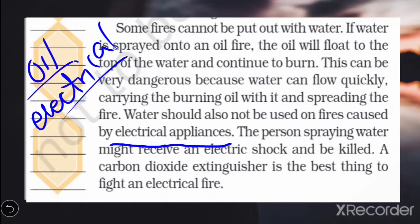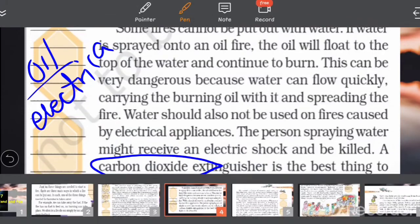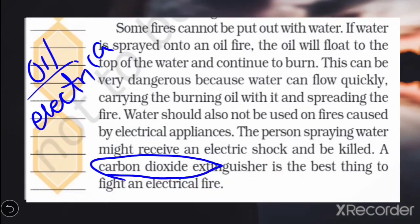it might be very far. But if you also spray water, so what happens? Through that water, that electric fire will come to you and you will get a shock. The person who is doing this will get a shock and die because of this electric shock. A carbon dioxide extinguisher is the best thing to fight an electrical fire. So students, this carbon dioxide extinguisher is very useful to control this type of electric fire and the oil